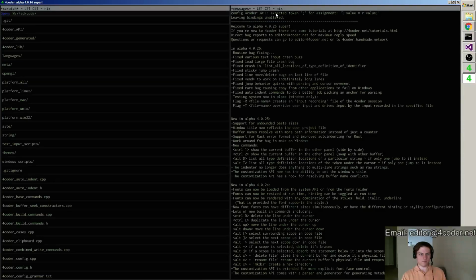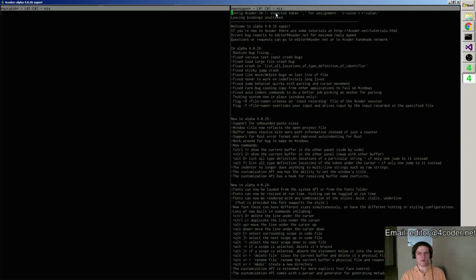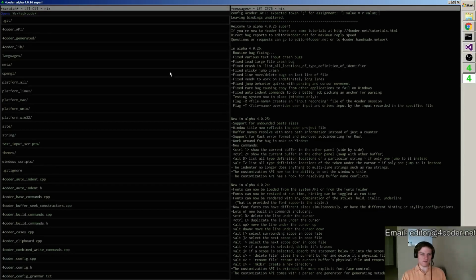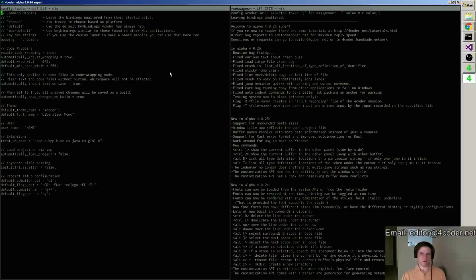Still won't let me jump to it. Oh, because I'm not using a full file name there, am I? So I gotta get a full file name in, but I can at least now see where the error is, which means if I went over here, I could jump to it, right? It says, expected semicolon for assignment.